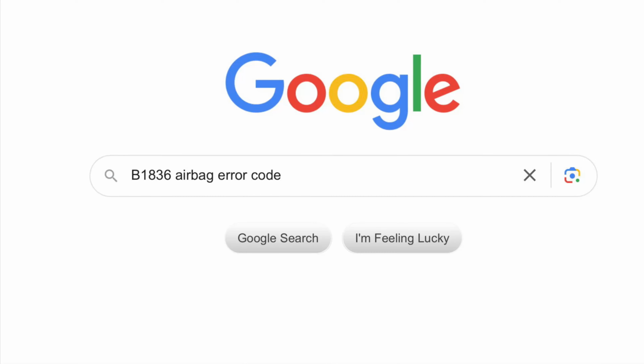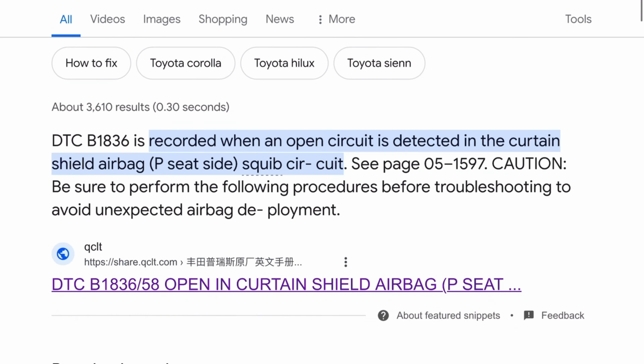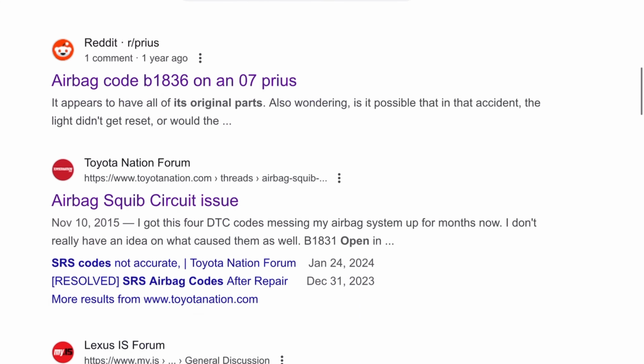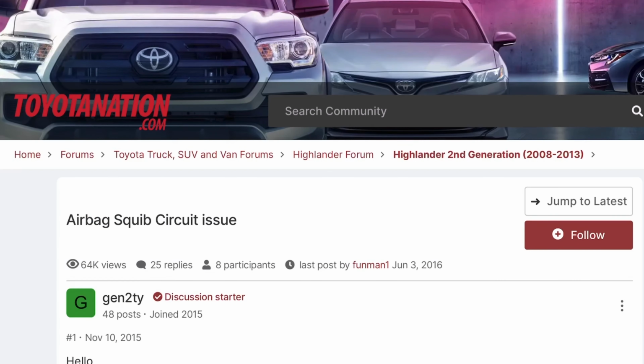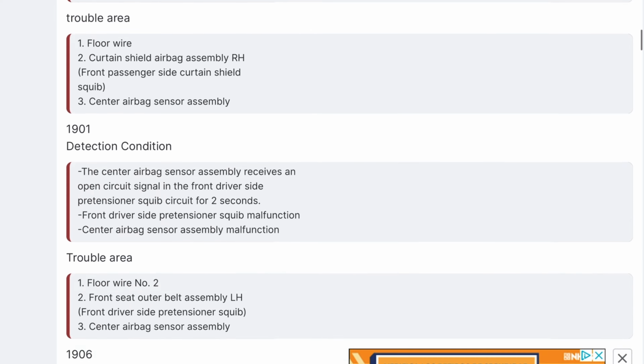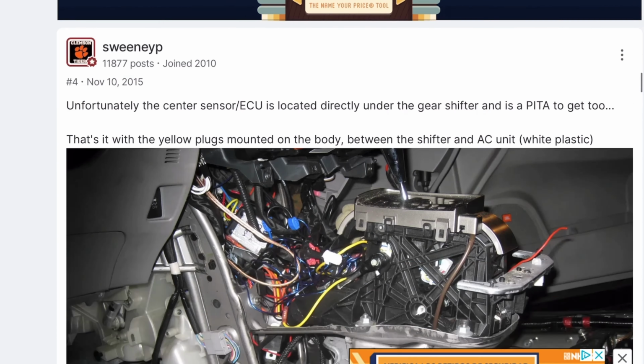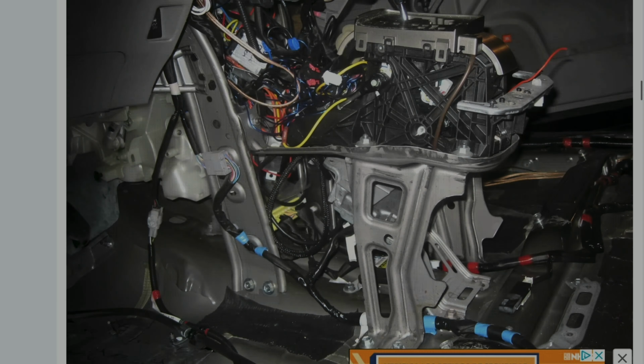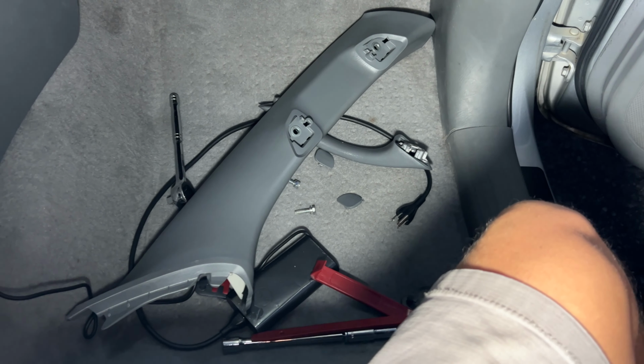Obviously, you may get a totally different error code in your particular situation, but from there you can do a basic Google search, and you should be able to find a ton of information on what it means, what the symptoms are, and how to possibly fix the problem. Just be sure you stay safe and always unplug the battery when working on the airbag systems so you don't accidentally activate the airbags. I removed a pillar to check the connector on the airbag to see if it's corroded,